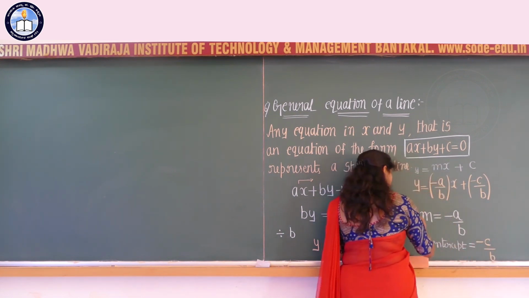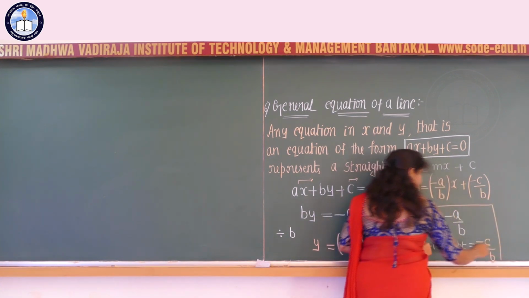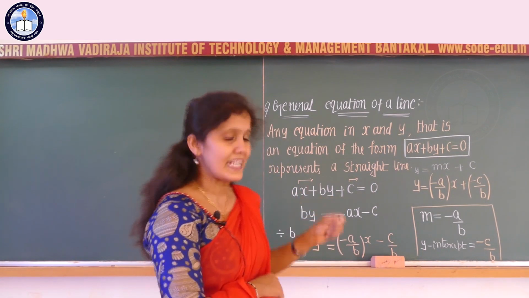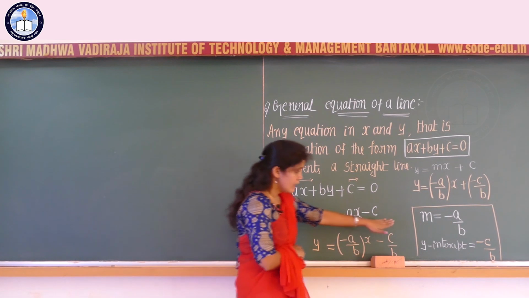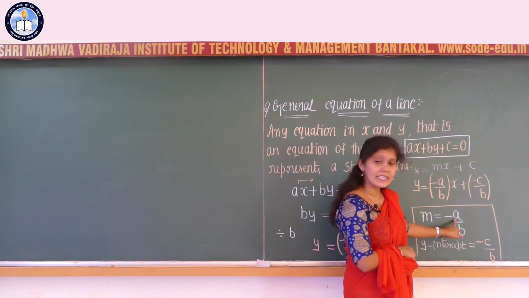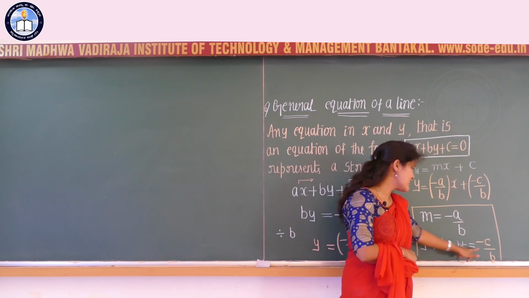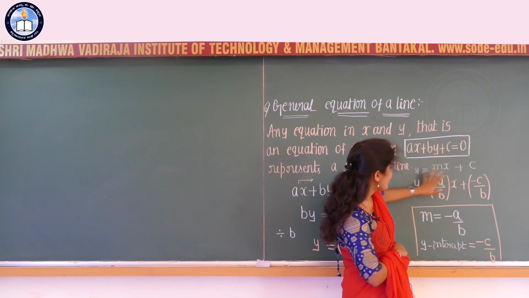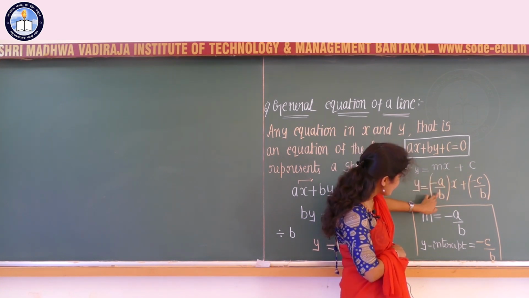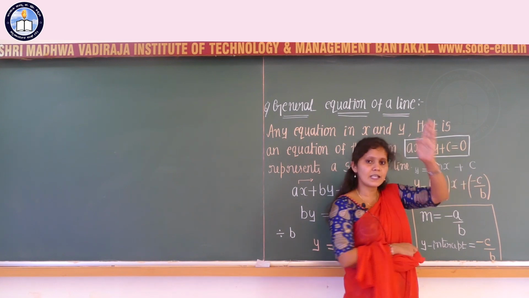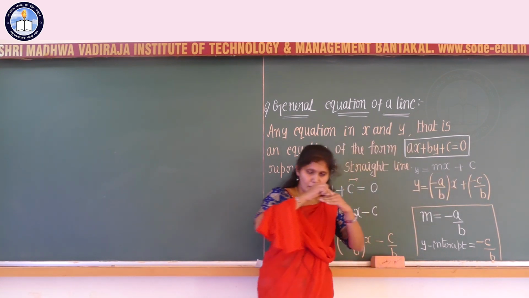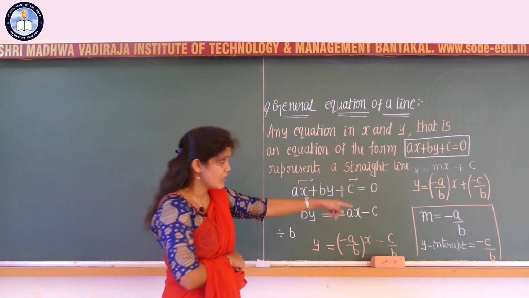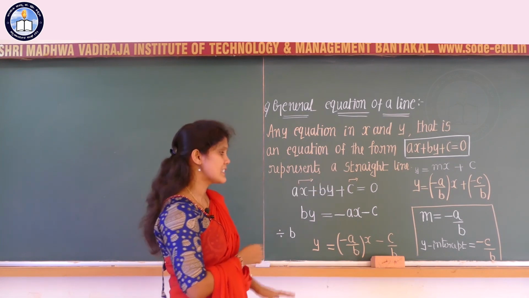So, here you should remember these two, because if any general form of equation of a line is given, then the slope is given by the formula minus a divided by b, and the y-intercept is given by minus c by b, because we are comparing this with y is equal to mx plus c. Where m is minus a by b, and that c is nothing but the y-intercept, that is the distance from the origin along the y-axis, which is minus c divided by b, correct? So, the y-intercept is given by the formula minus c by b.